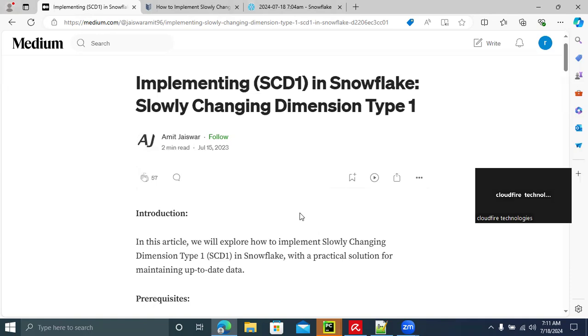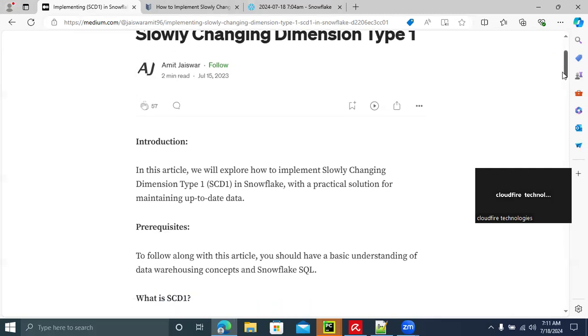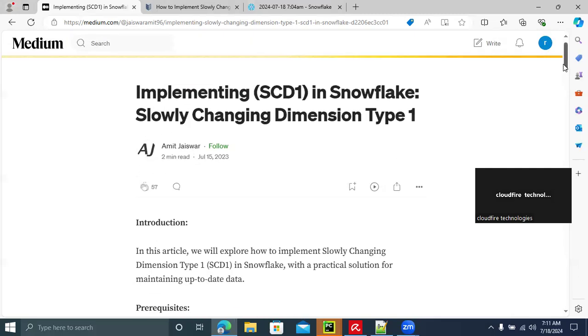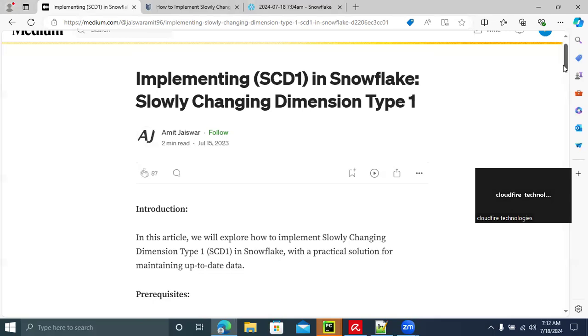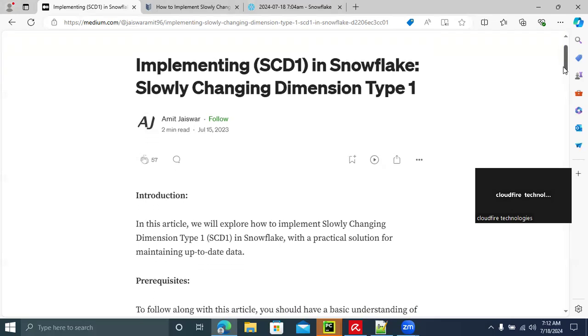In SCD type 0, we are not able to overwrite the data. We are not able to update the data. We can only insert the new records. In SCD type 1, we can overwrite the records. We can overwrite the existing records as well as insert the new records. That is nothing but SCD, slowly changing